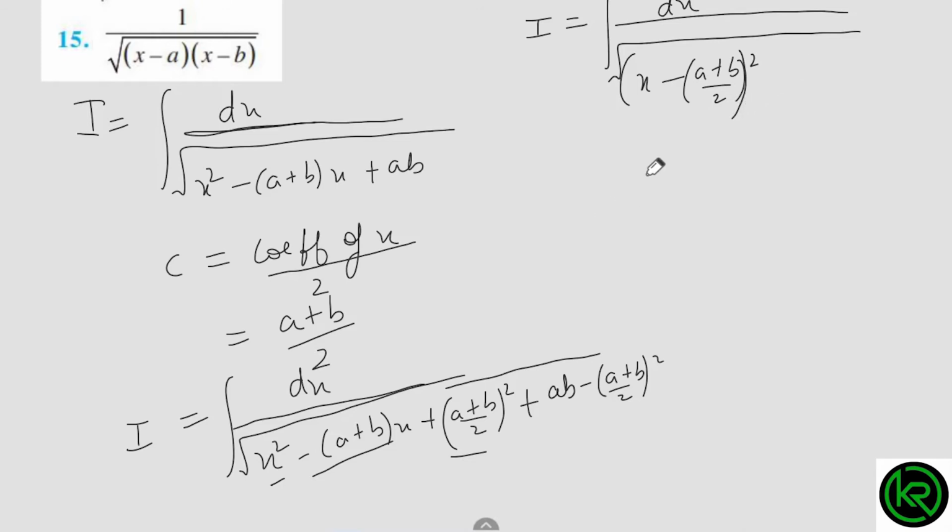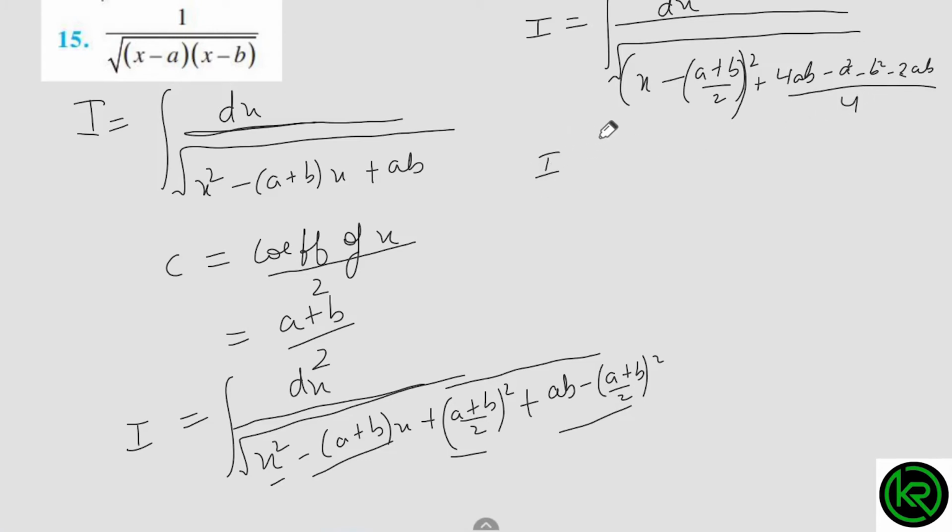Okay, now we have to solve remaining part also, that is plus ab. Students, here I am taking direct LCM, and 2 square will be 4, and 4ab, it will become 4ab minus (a plus b) whole square, which is a square plus b square plus 2ab. Okay students, minus will go inside, that's why all become minus, and here 4.